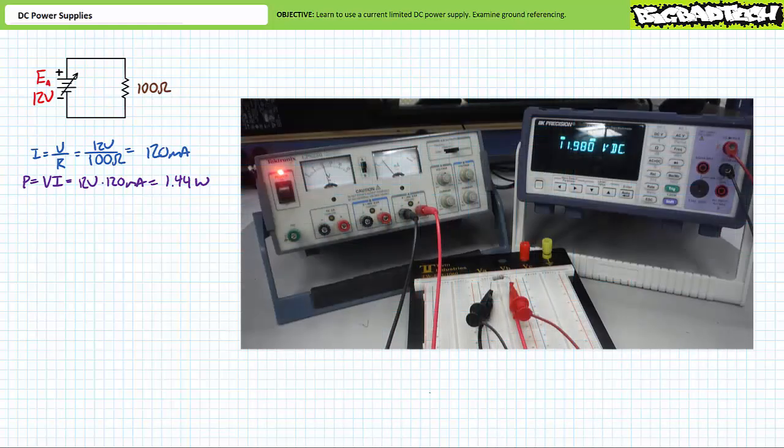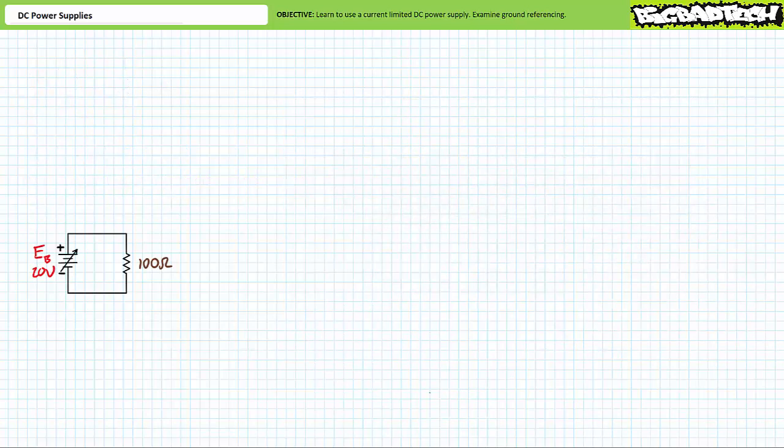When we build the circuit and turn on the power supply, the analog current scale demonstrates source A seems to be supplying an amount of current reasonably close to our theoretical calculations of 120 milliamperes. You'll again note that the analog ammeter scale isn't terribly precise. We'll explore the DC ammeter function of the DMM in an upcoming lecture that makes possible more accurate measurements of current. Let's do the same with source B, currently set to 20 volts,